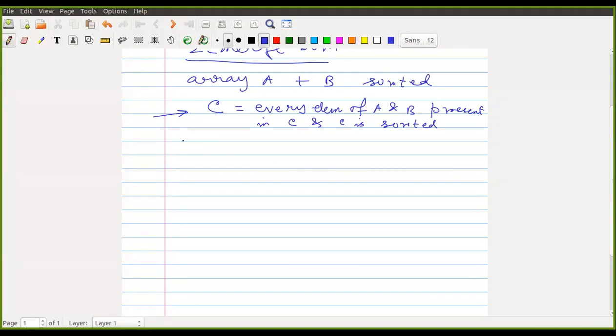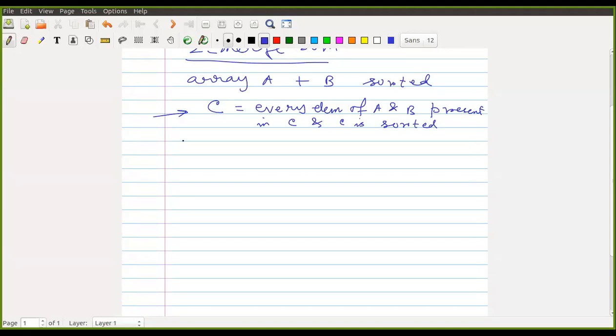I am giving you two arrays as input with the promise that both A and B are already sorted in increasing order, smallest first. I'm asking you to design an algorithm that outputs the combination of A and B, meaning I have to generate C, such that C contains all the elements of A and B and C is sorted.